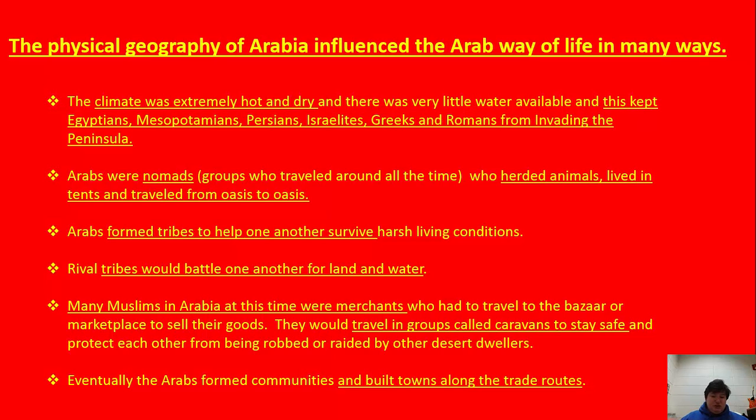So, quick review before we end today. You should have filled out your map, and you should have filled out your foldable. And they should both be glued into your notebook. And this page is going to help you understand how the geography and the climate affected the Arabs' lives. And these 6 flaps on your foldable give you 6 different reasons. You're not going to need to know all 6, but you're going to need to remember a couple. So the 6 flaps on your foldable are going to help you remember 6 things that affected the Arabs' way of life.